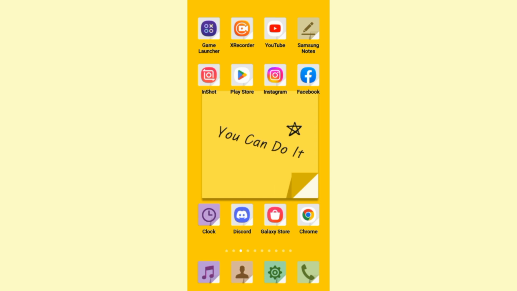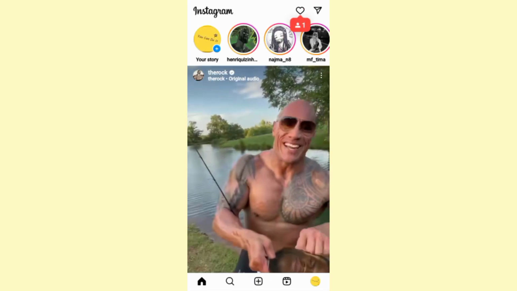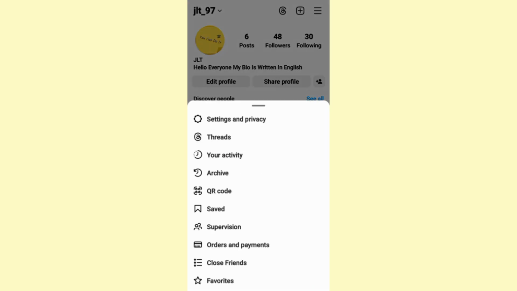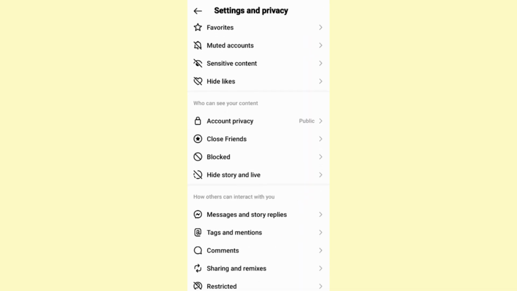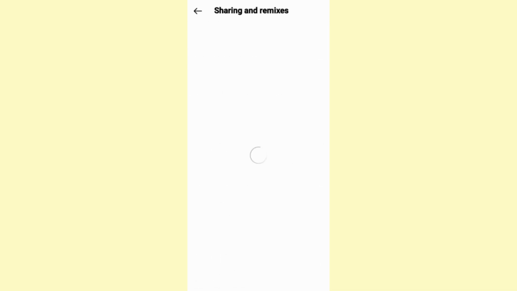Now the process is very easy and simple, so just follow these steps. Go ahead and open up Instagram. And once you do that, click on the profile picture at the bottom right, and then click on the three lines at the top right corner. Then click on settings and privacy, and here scroll down till you find this section that says how others can interact with you. From there, click on sharing and remixes,